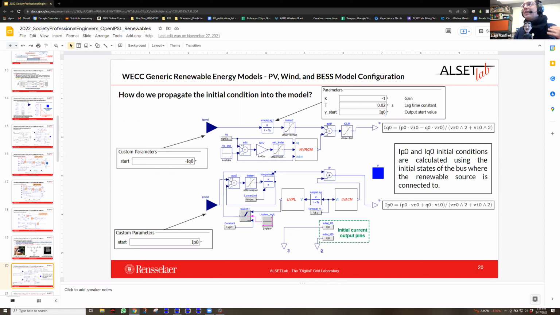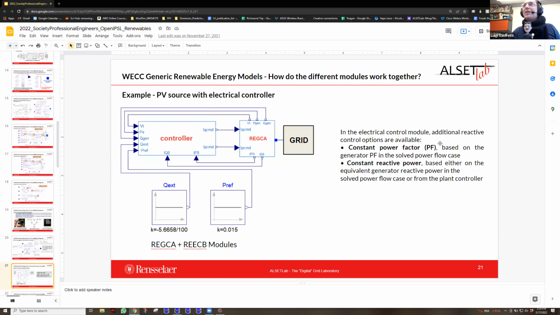So we will calculate this IPQ0 and IQD0, which are the D and Q axis, if you want to think about it, for this state. We calculate them through equations based on the initial data we have. And the equations, if you look inside, are basically, here we're calculating the current from the power and the voltage, just like in the textbooks, exactly the same. Okay, so that's very beautiful. It's a transparency through the process, right?